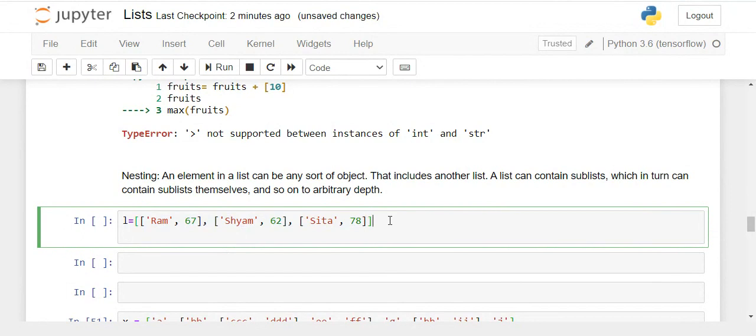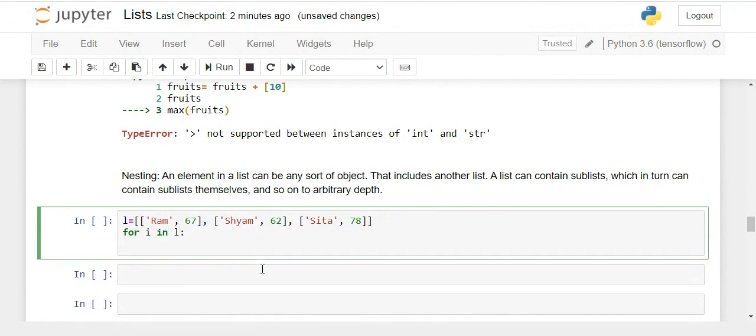So what is the difference this time? Whenever I iterate over this list, for i in L, if I print the value of i, what do you think the output is? Initially, i will represent the first inner list. The second time the loop runs, i will represent the second inner list, and the third time, the third inner list.